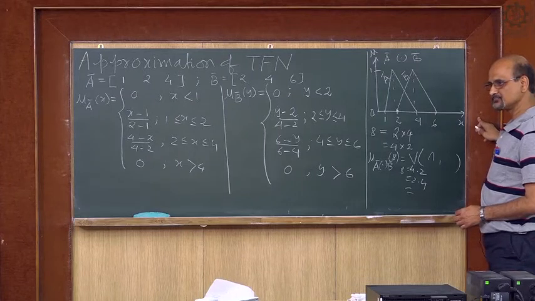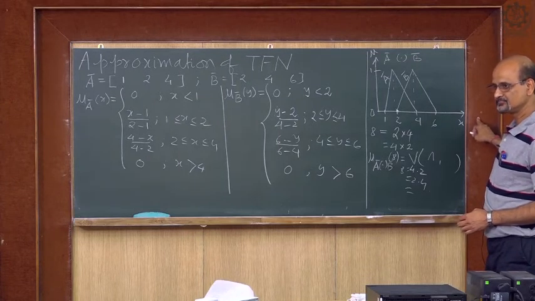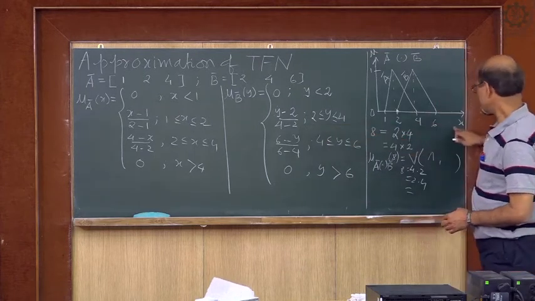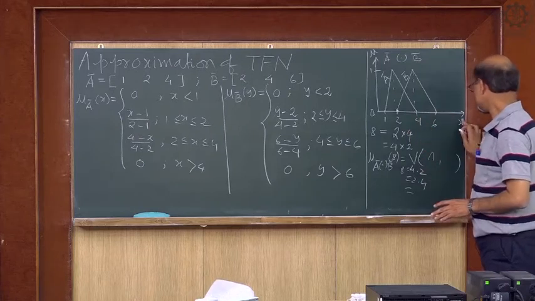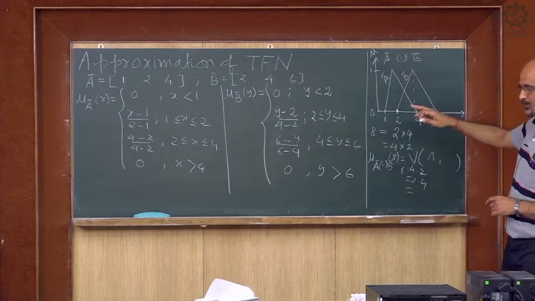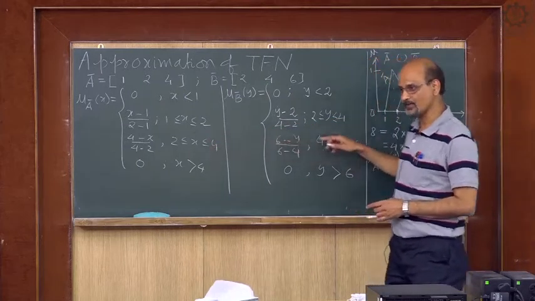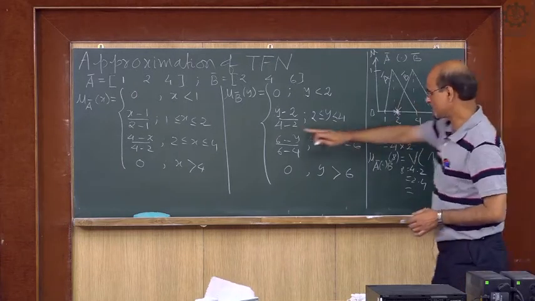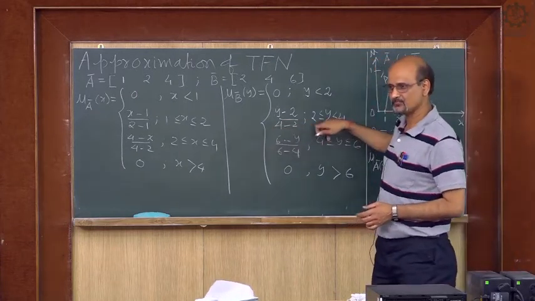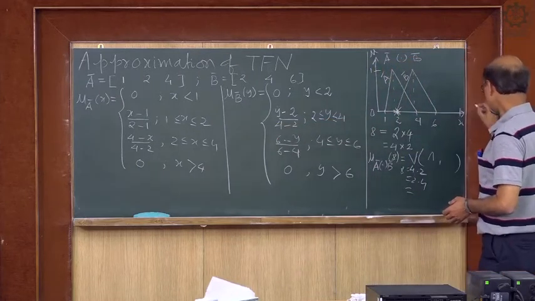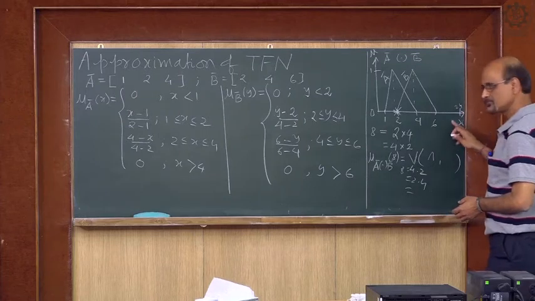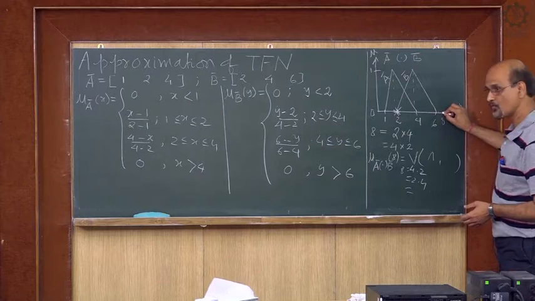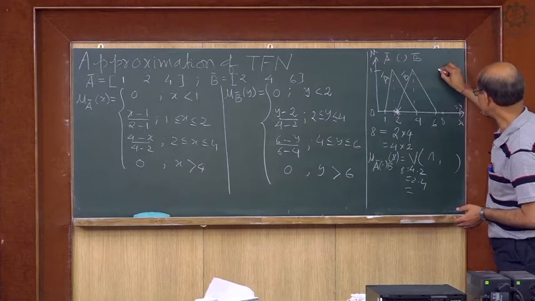I am telling you this is z, that is x into y. This is the minimum value of x into y, which I am taking as 2, and what will be the maximum? Z equal to x into y is 24. So, it will go up to 24. Suppose this is 24. It will start when you see that at 8 we will get the 1, if you do all the computations.